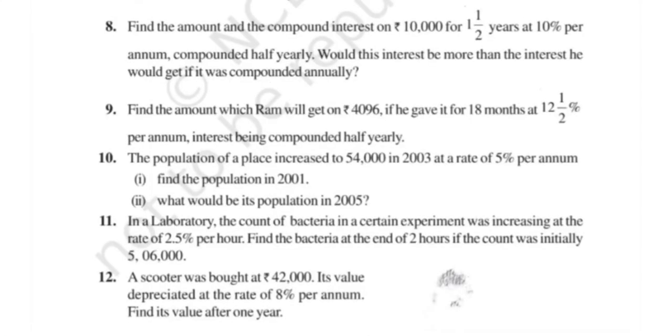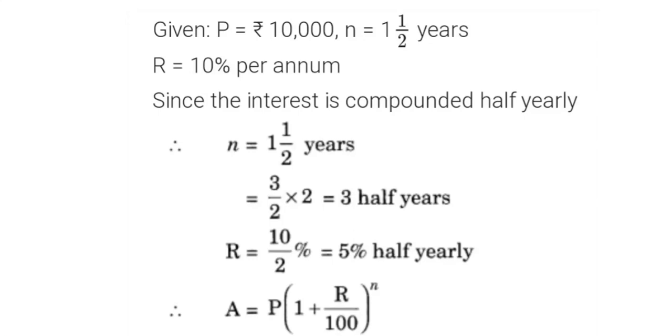Now see next question number 8. Find the amount and the compound interest on 10,000 for 1.5 years at 10% per annum, compounded half yearly. Would this interest be more than the interest he would get if it was compounded annually? So here the principal is 10,000, time is 1.5 years, and rate of interest is 10% per annum. And it is given interest is compounded half yearly, means time will come